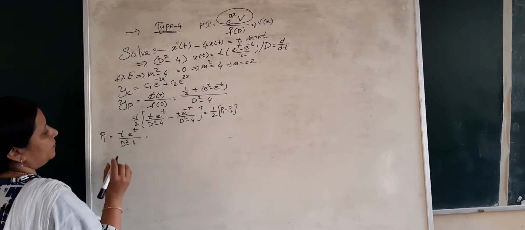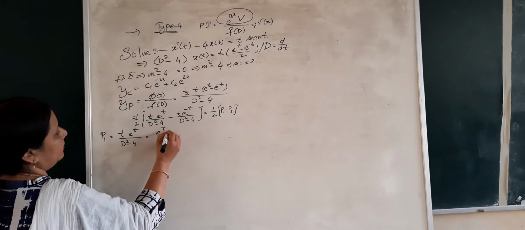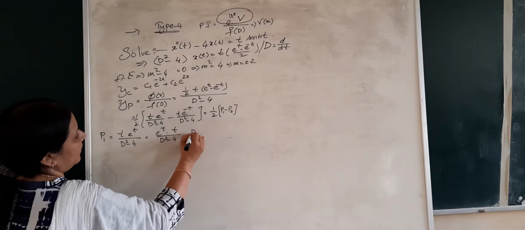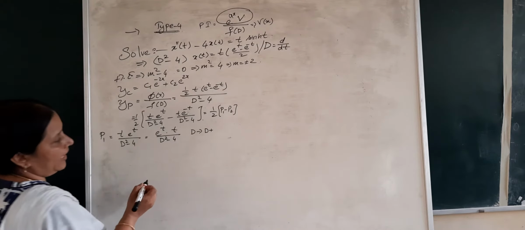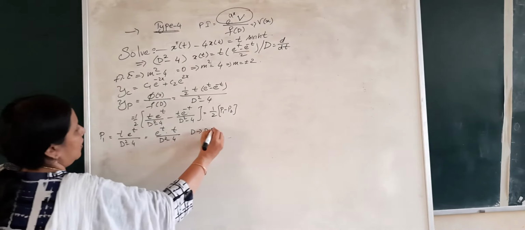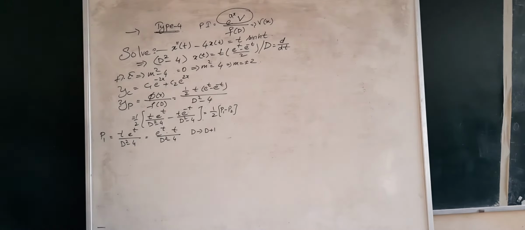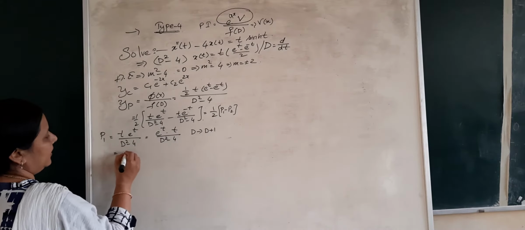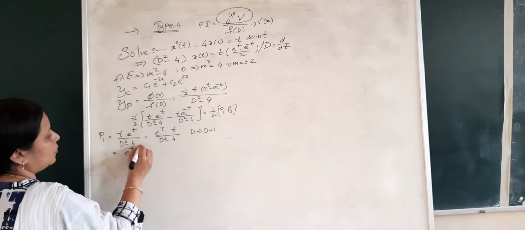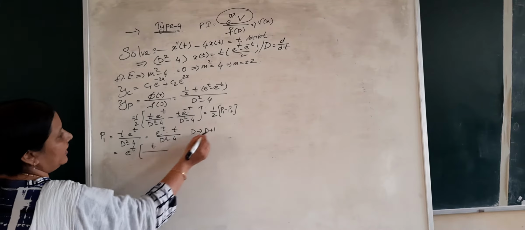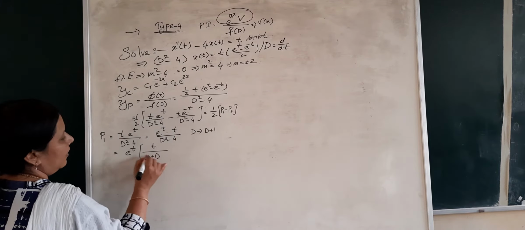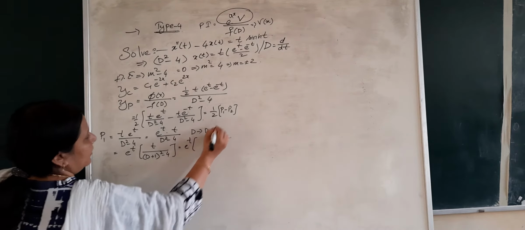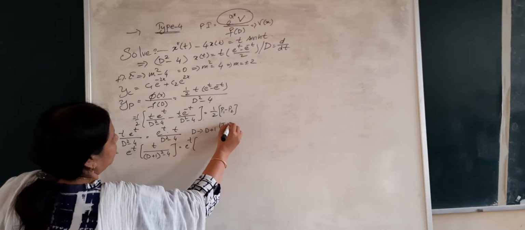t1 therefore is equal to t e to the power t divided by d square minus 4. I will rearrange it as e power t into t divided by d square minus 4. Now replacing d by d plus a, where a in the exponential form is the coefficient of t, which is 1. So replacing d by d plus 1, we get e power t outside and t divided by d plus 1 the whole square minus 4. Got it guys? This is again type 4.